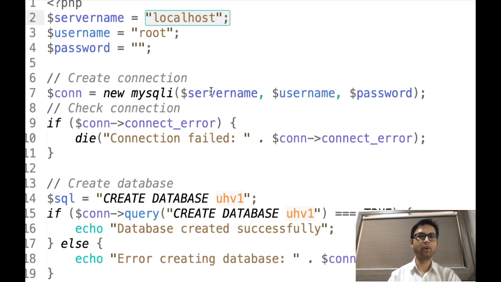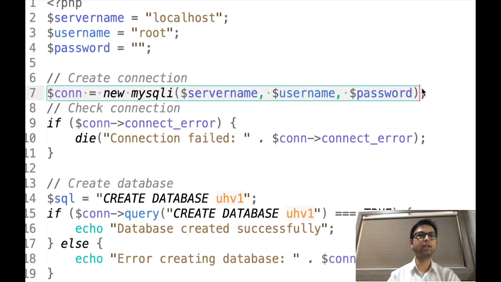So first argument is server name, that is in our case localhost. If our database is residing somewhere other than localhost, then I have to write down the full path of the server over here. And by default, username is root for our database, so I am writing down username as root value, and by default password is empty, so write down password as empty. So if you configure your MySQL such a way that you modified username and password, then you have to write down that modified username and password over here. So that's it. This is how we can create the connection.